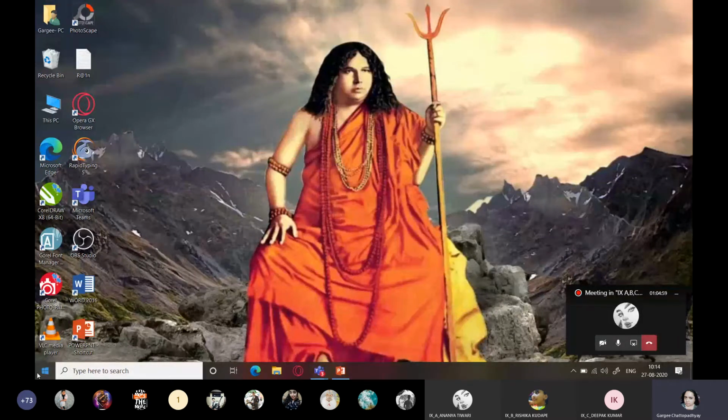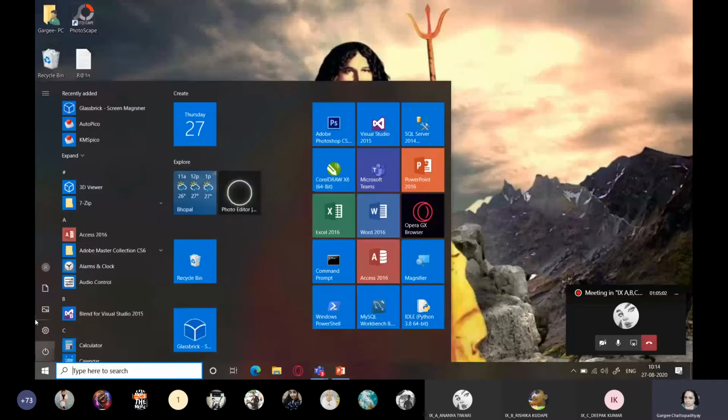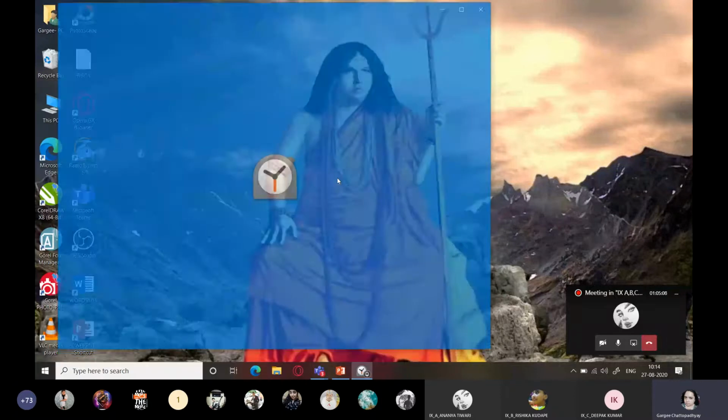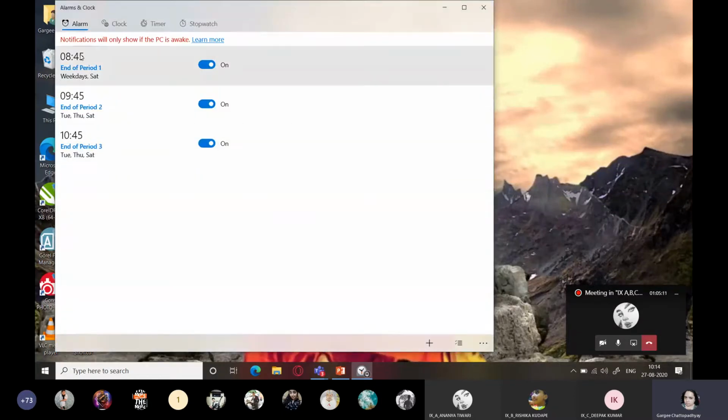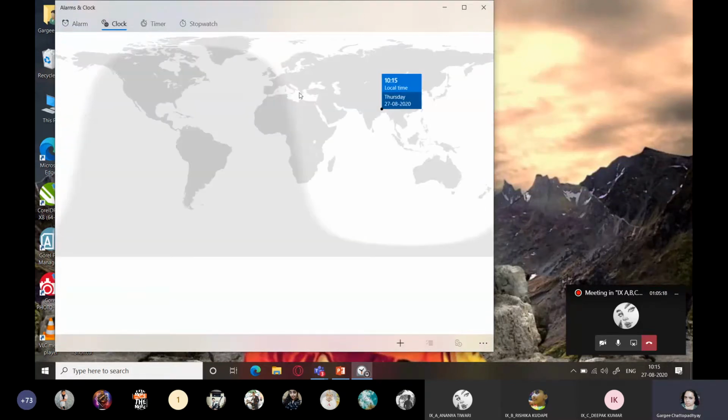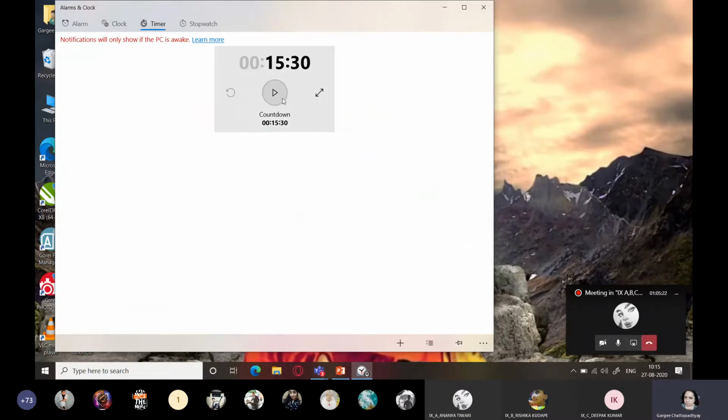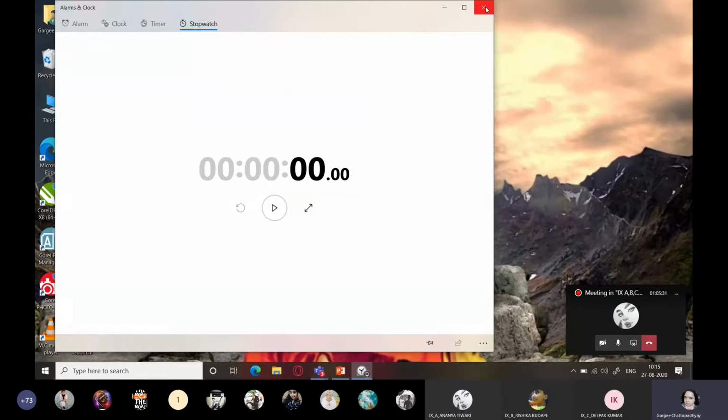So watch that. Now normally in Windows 10 they have added these gadgets over here. That is, you have a 3D Viewer, you have Alarms and Clock. So if I click on Alarms and Clock, I've already set alarms for the end of periods. Okay, so you can see that over here. I have clock over here. So you can see right now the clock is this. Timer. If I want, I can switch on the timer, that is to see the elapsed time. You can click on pause. I have a stopwatch facility also over here.